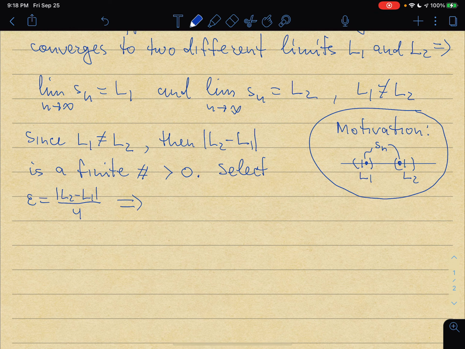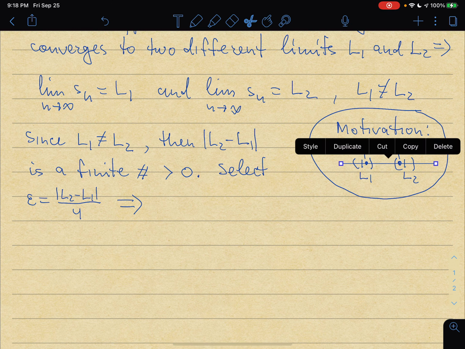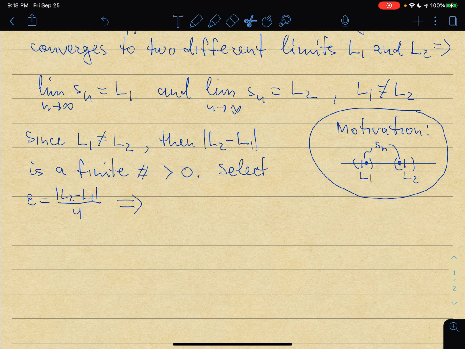And then, by definition of the limit, epsilon now is some positive number. So I'm doing basically the thing that you see in the picture. There is no magic about the number 1/4, but if I make this distance less than 1/4 of the distance between L1 and L2, then in this way I will guarantee that this neighborhood and this neighborhood are going to be non-intersecting. So if I select epsilon like that, then by definition of the limit,